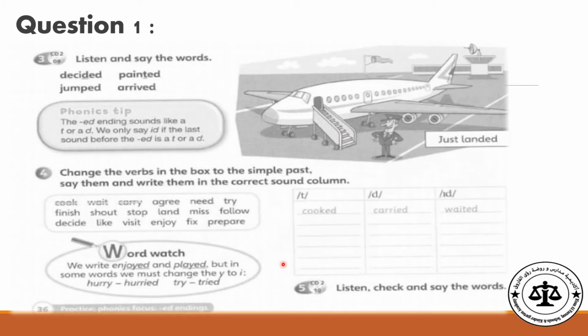Now the last thing in our lesson today. Your workbook, page 36. Listen and say the words. Decided. Look at this verb, decide. This verb ends in the letter D, and we said if the verb ends in letter D or letter T, we pronounce the end of this verb ed: decided, painted, decided and painted, jumped,